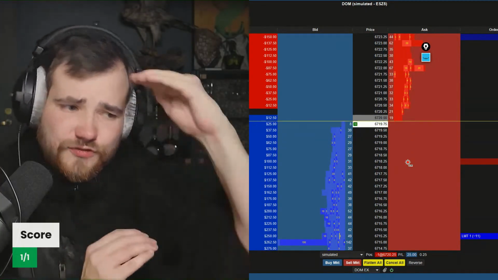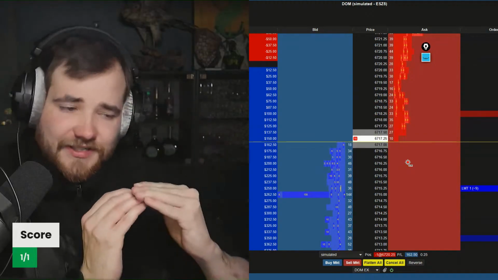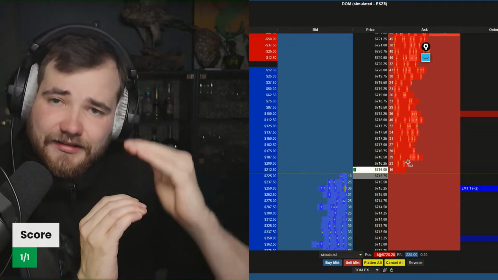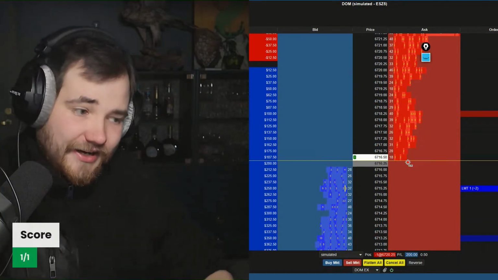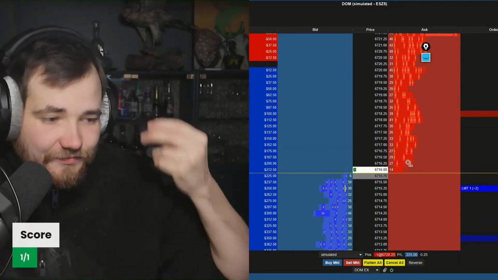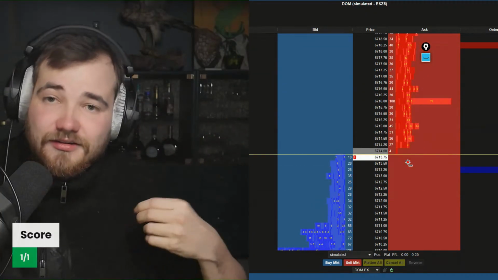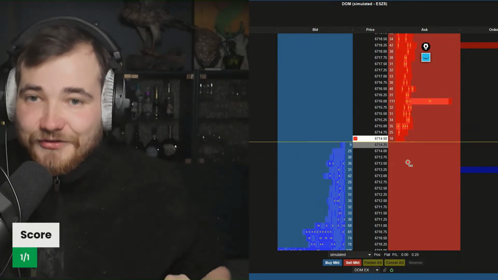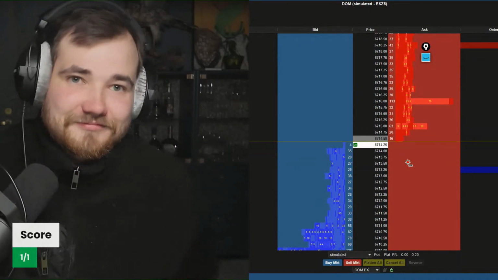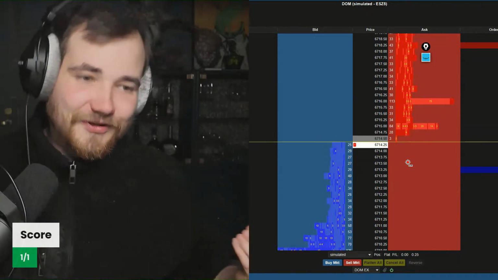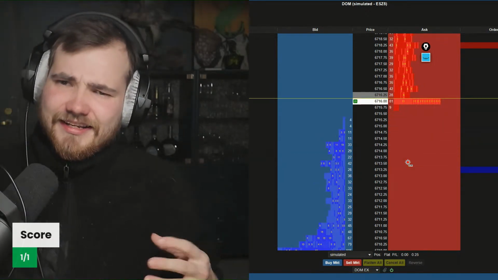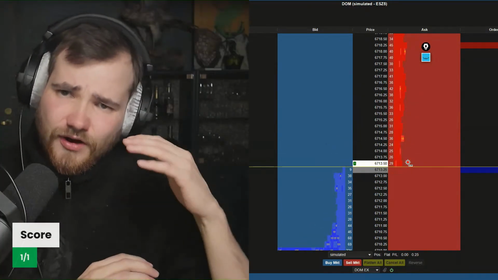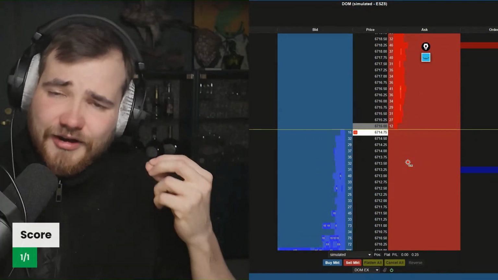We had that initial push from the buyers, and then the sellers took a push, and it looked like the sellers caught the push much better than the buyers did there. But again, that's just pure instinctual trading on the DOM, not something you can really learn in a day or two. You have to really look at the DOM to get used to it. And this is a very great thing to do.